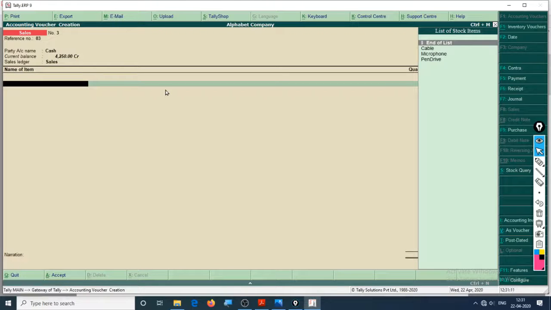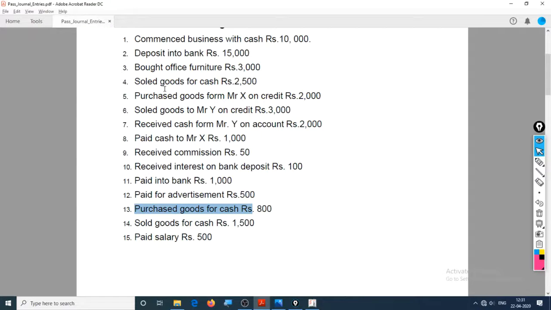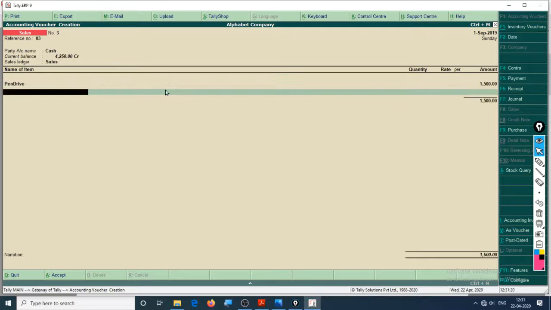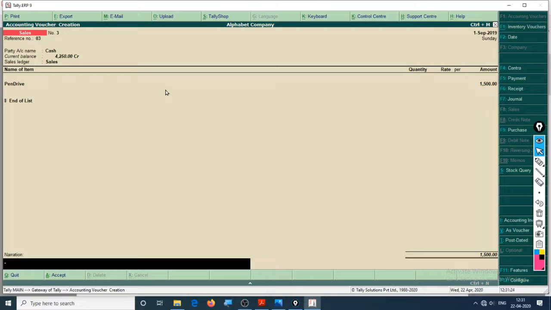Let us sell pen drives only. But do we have enough pen drives? It doesn't matter. Sold goods for cash. So we bought one pen drive for 800 and we sold it for 1500. Hence, it is a profit. Sold pen drive, purchased for rupees 800.